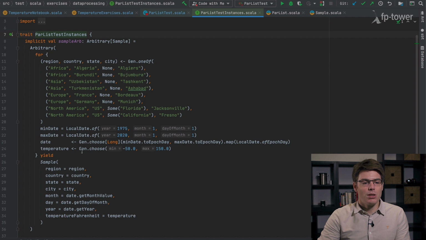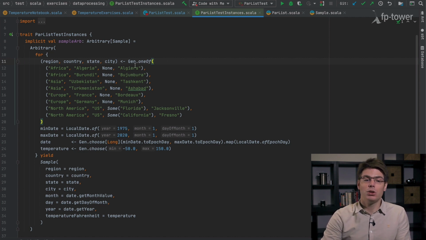And the implementation is quite easy to read, but it's a bit tricky to implement, so that's why I've done it myself. So here, the first thing I do is to define 4 values representing the region, the country, the state, and the city. And these are all the possible values that will be used by the generator, and we use the oneOf function to just randomly select one of them each time.